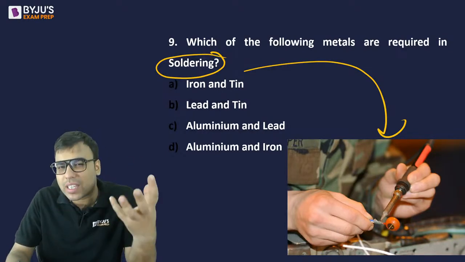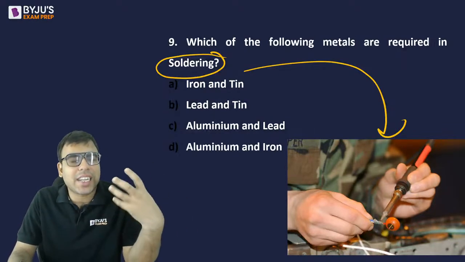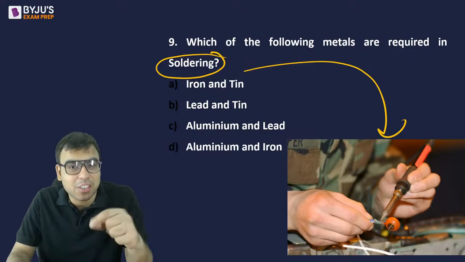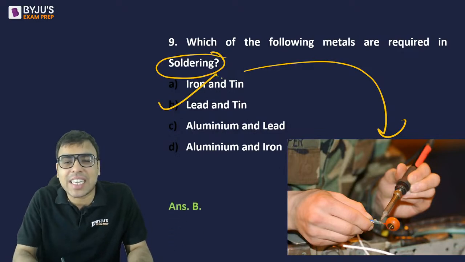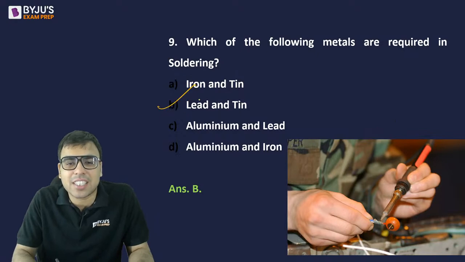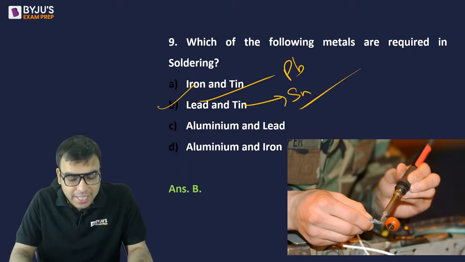I know some of the questions are slightly standard questions. Because I try my best to ensure that if a good quality question comes, it should be from our classes. Yes. Very good. The right answer to this question is lead and tin. Yes, Amit Yadav has answered it correctly. Very good. So lead is Pb, tin is stannum, so Sn, right? So B is the right answer to this question.